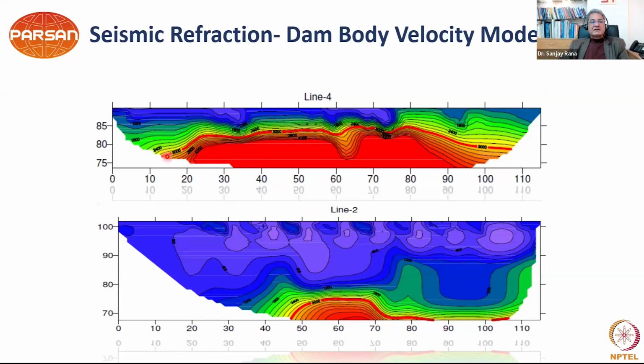And once we do that, this is a particular dam which was investigated. You can see this is the foundation. And here, this particular zone shows a particular weakness in the foundation. Similarly, in this example, you can see how the foundation is going down in this particular area. So for foundation defect, you can use very effectively a combination of electrical resistivity imaging and seismic refraction, and even MASW if it is possible to go up to that depth.